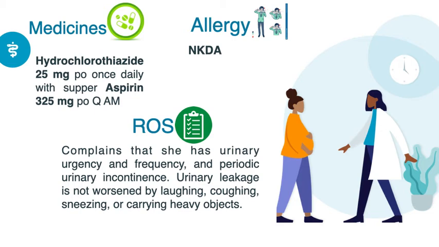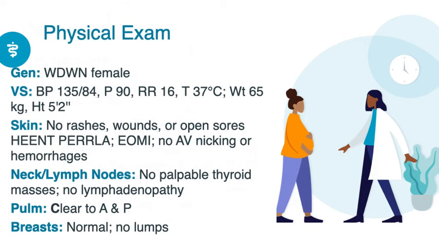The next slide is physical examination. Based on the general assessment, the patient is a well-developed and well-nourished female. Vital signs were recorded as follows: blood pressure of 135/84, pulse rate of 90, respiratory rate of 16, temperature of 37 degrees Celsius, weight of 65 kilograms, and height of 5'2". No rashes, wounds, or open sores were noted on the skin, no AV nicking or hemorrhage,